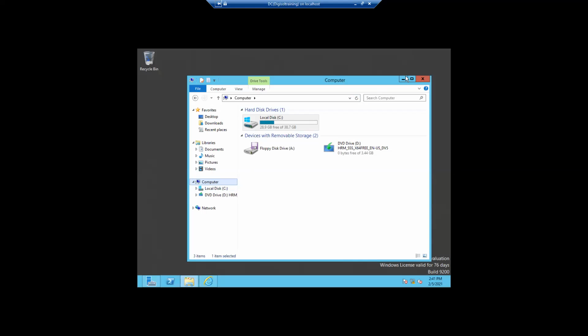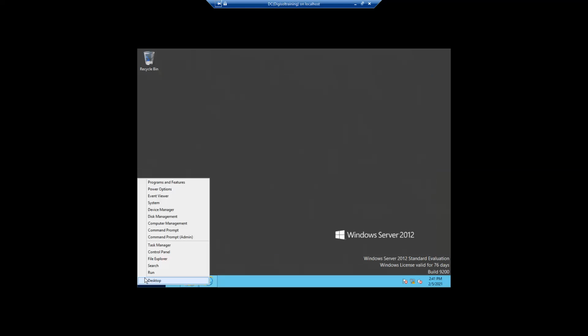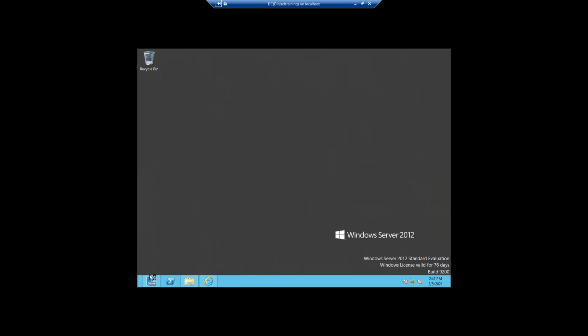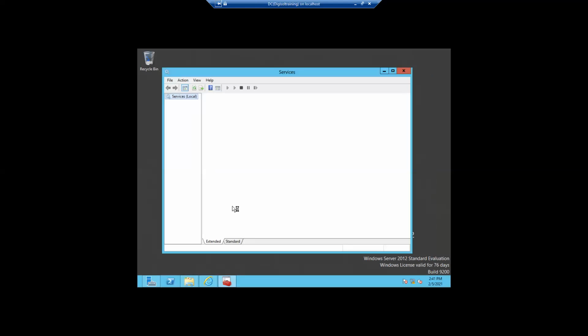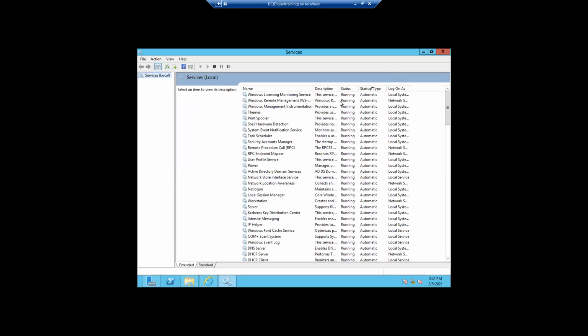By that time, I will show you whether all Exchange services are running or not. I will type services dot msc, right? I have selected the automatic status.